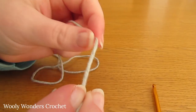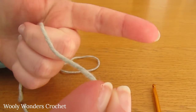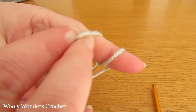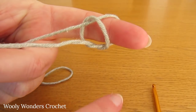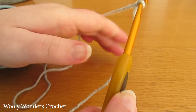To begin your romper, you want to start off by making a slip knot. To do a slip knot, take your yarn and wrap the yarn around your finger once and then twice. Then take the first loop and pull it over the second loop, and then take the second loop and pull it all the way over your finger. You then want to take your crochet hook, go in through this space and pull tight,